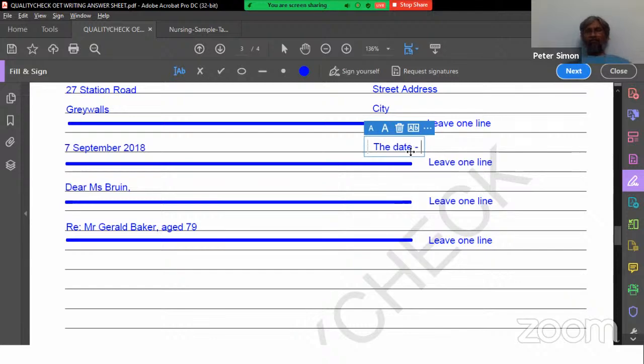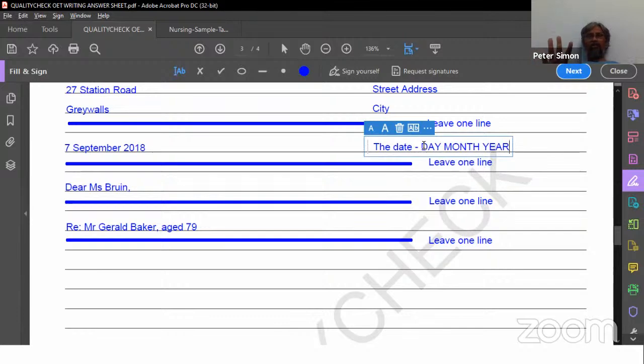First one, day, then month, in words, and the year, all the 4 digits, all the 4 digits is compulsory. So how are you going to write the date? Okay, don't write September 9 or 18. A formal letter means it should be formal, complete form. It is not acceptable form, it is complete form.